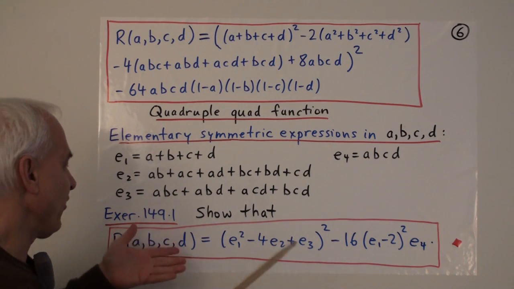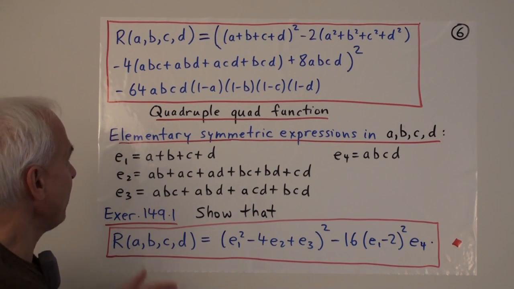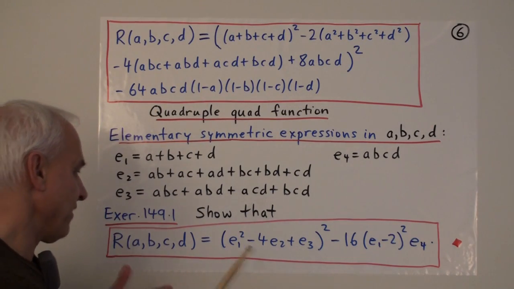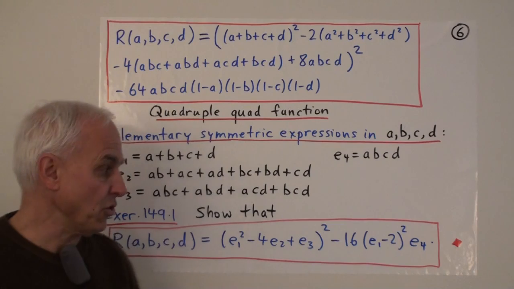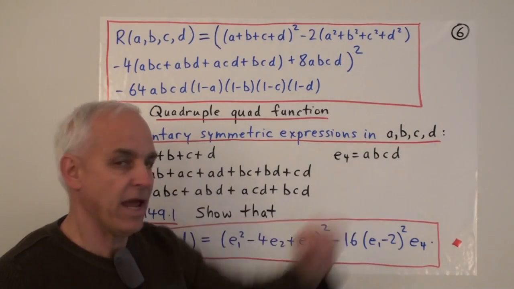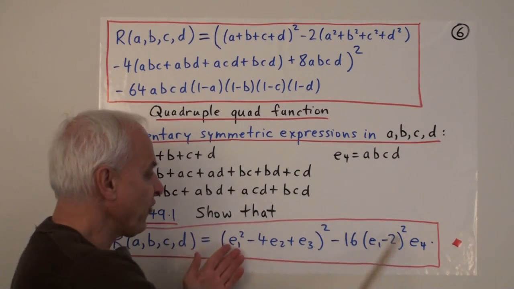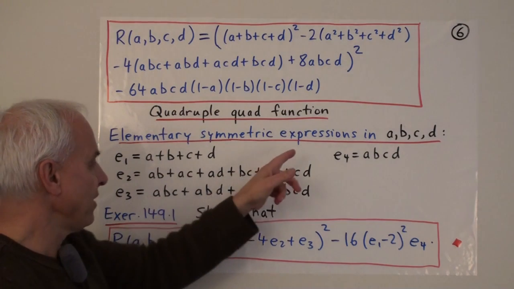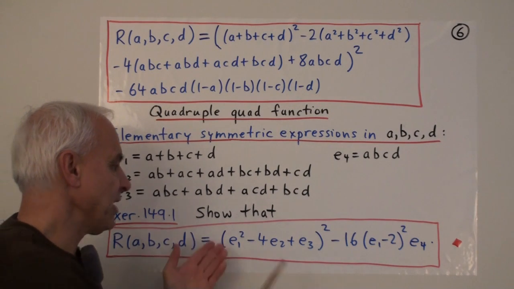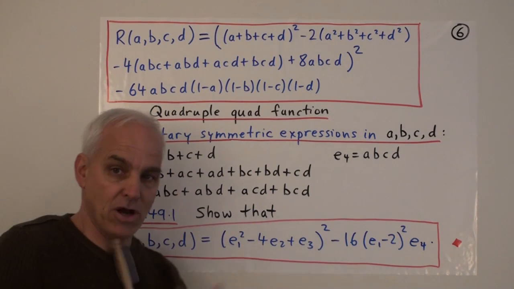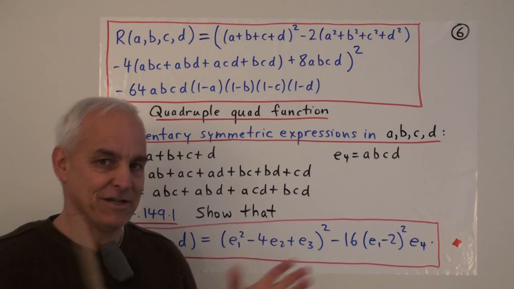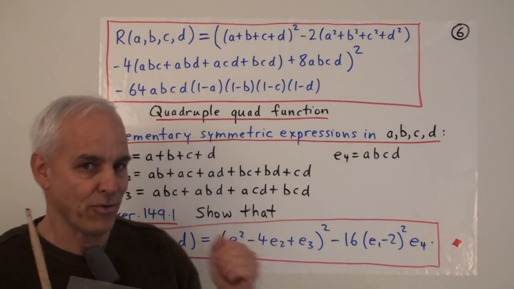Alright, so there's a pleasant rewriting of this thing, showing that this thing is in fact a symmetric polynomial. And there's in fact a very important theorem around that goes back to Newton, which is that basically any symmetric polynomial that you can write down in a, b, c, d can be written this way as some combination of these elementary symmetric polynomials. So there's some interesting theory around here, which I am going to be talking about a little bit later on. We need a little bit more talking about polynumbers in different dimensions to do that correctly.